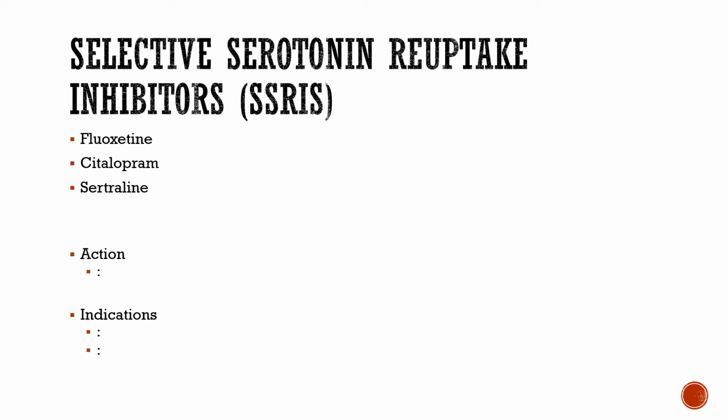Fluoxetine is the most common. It's the one that's been around the longest, the one that we're most familiar with, Prozac. But certainly you will see the others. So I've seen sertraline and citalopram all the time. And what these do, we talked about with TCAs, how they block the reuptake of norepinephrine and serotonin. These block the reuptake of serotonin, just the serotonin. Not much effect on the other two. It's just the serotonin for the most part. And so that's your action.